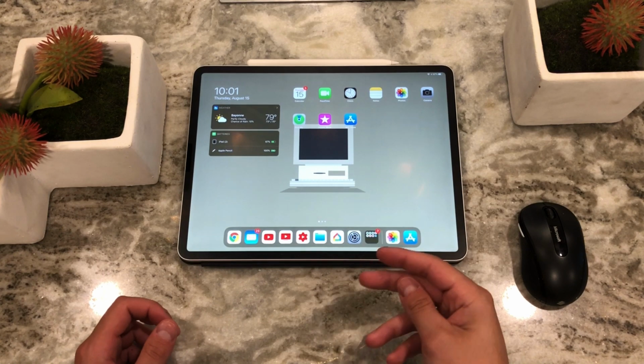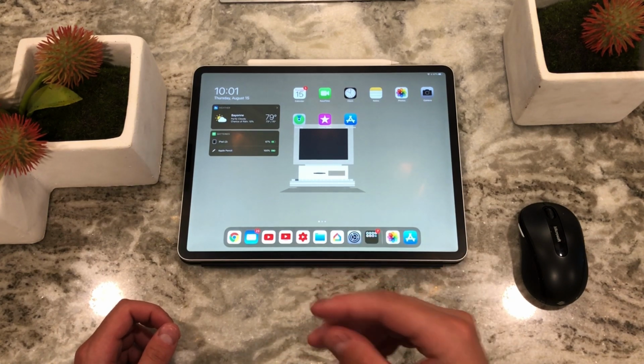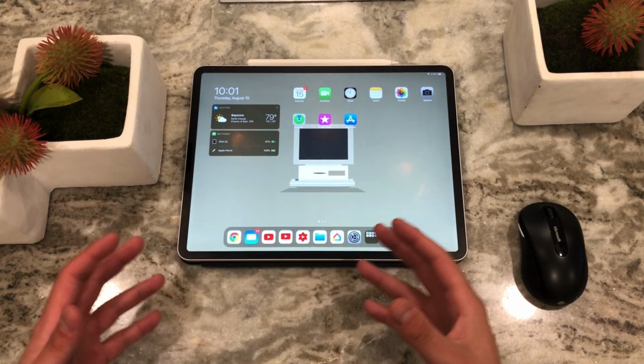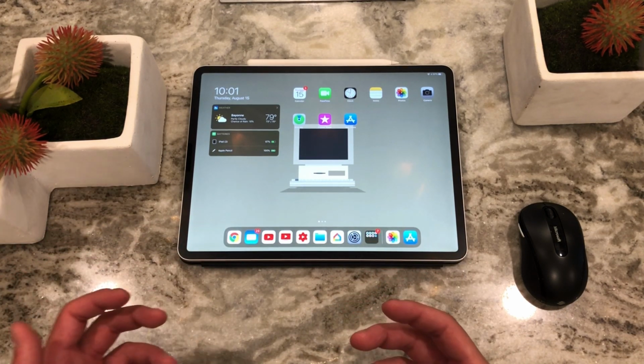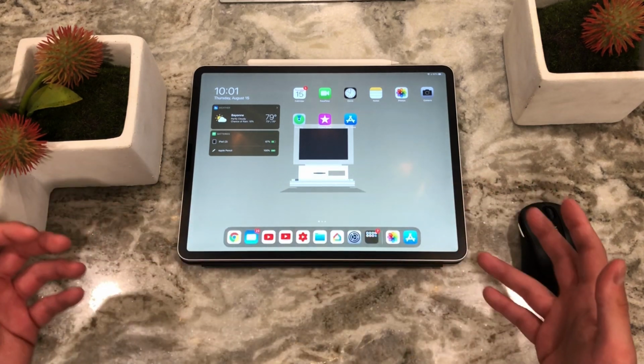And again, I'm nitpicking. These are things that really did not disrupt my day-to-day, did not disrupt my workflow. It didn't really annoy me too much. The worst part was yesterday with the Apple Pencil, because I just couldn't get it to work for a while. It was a solid 10 minutes. And in the grand scheme of things, 10 minutes in a